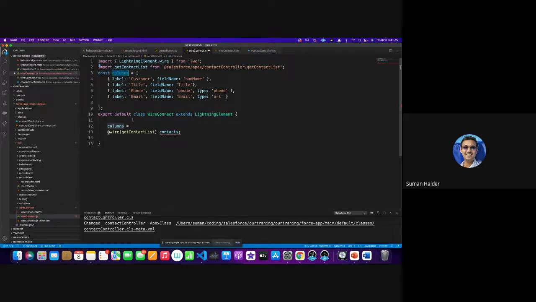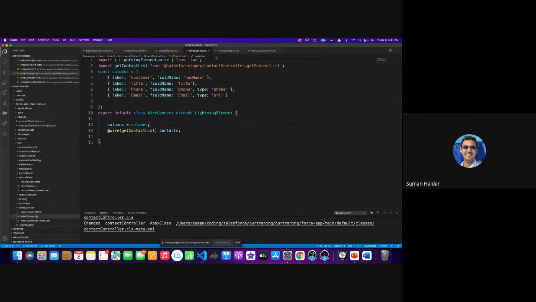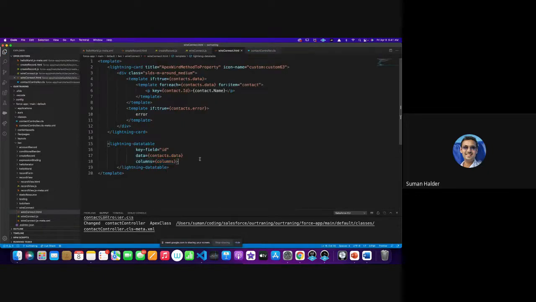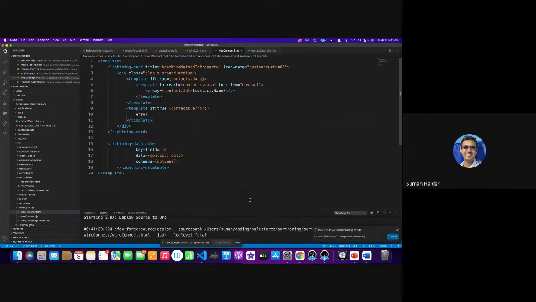I'm just assigning this column into my field, and then I'm using it. So if I go back here, I'm defining what columns to be displayed in my data table and what is the data to be displayed. Okay, now if I just deploy the source,